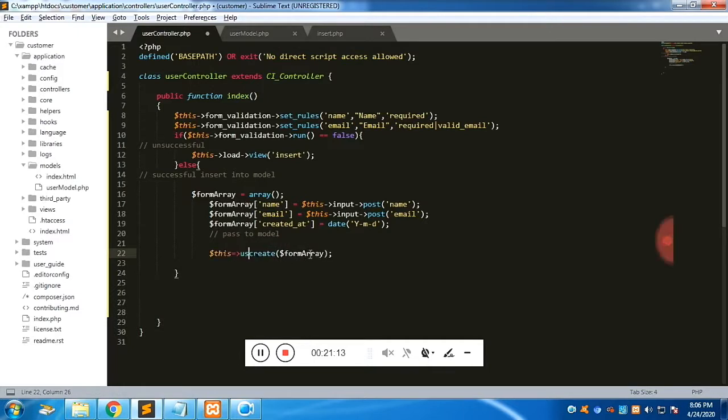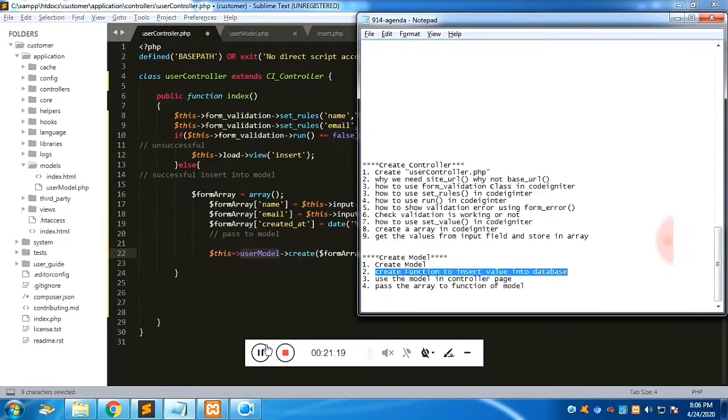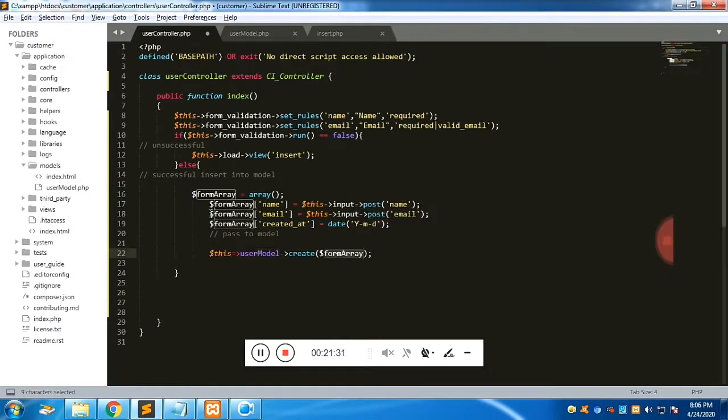To load the model class, you have to register it. This is not enough. We have passed it, and that's right. Now we have used the model, but we have not registered the model on the controller.